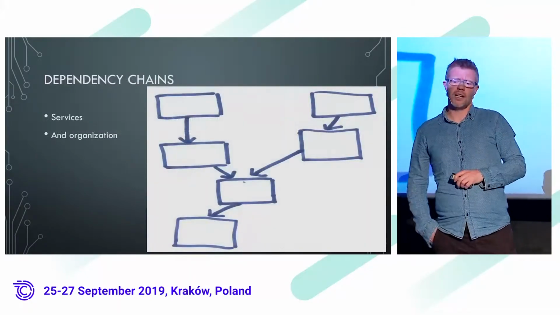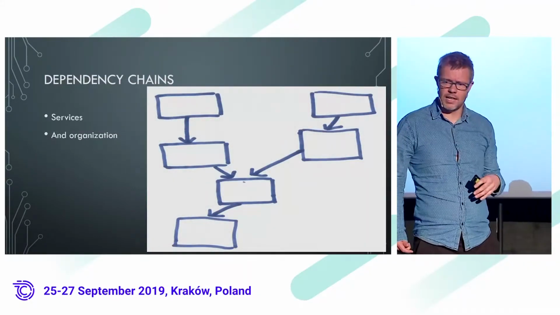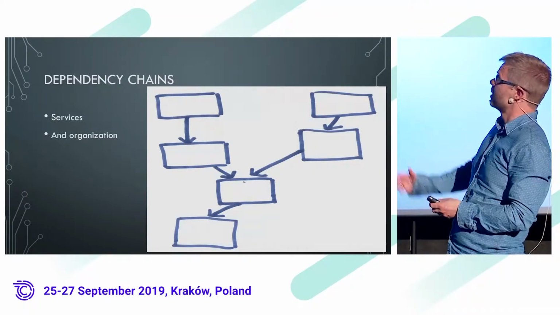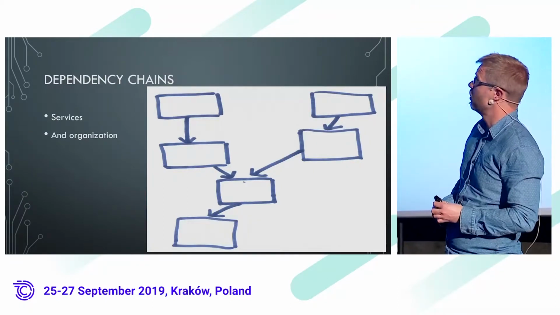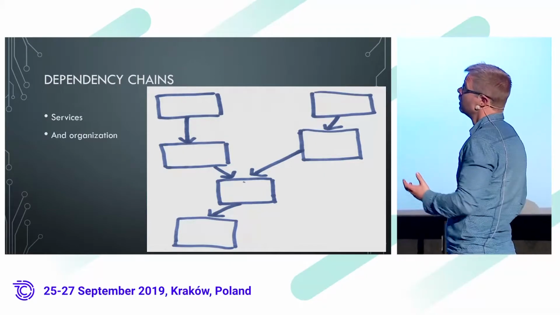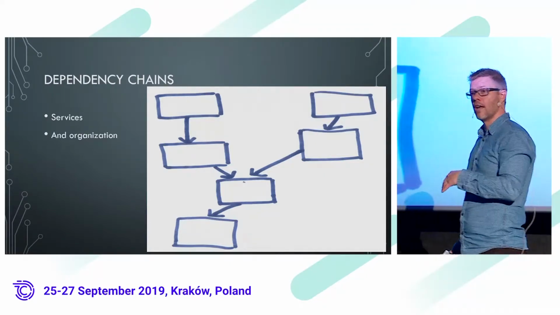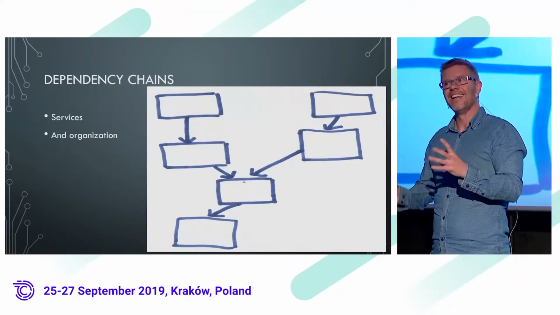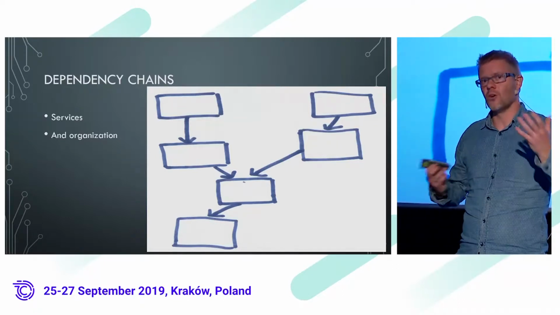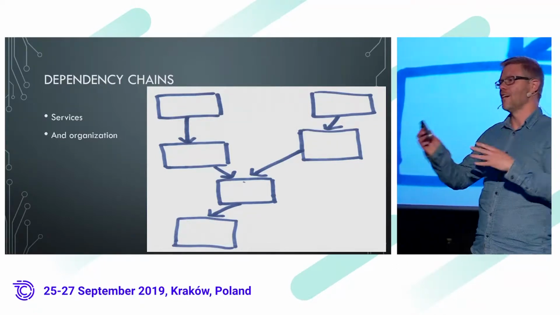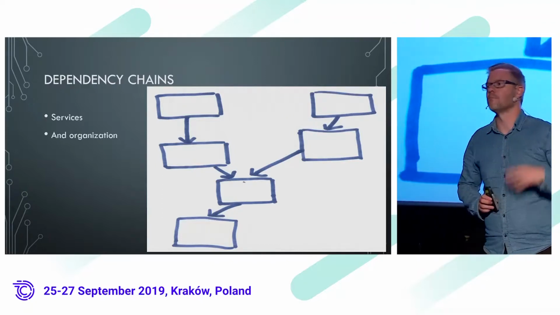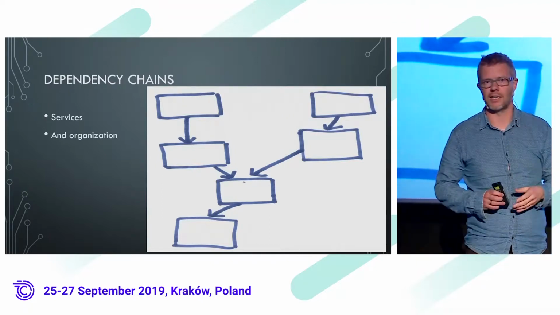So one way of looking at this is that if we diagram things out like this, we have some boxes and some arrows, and that can mean anything, basically. It could be services, or it could be an organizational diagram. And with Conway's Law in mind, they are kind of copies of each other. Not exact copies, but they tend to look a little bit like each other.